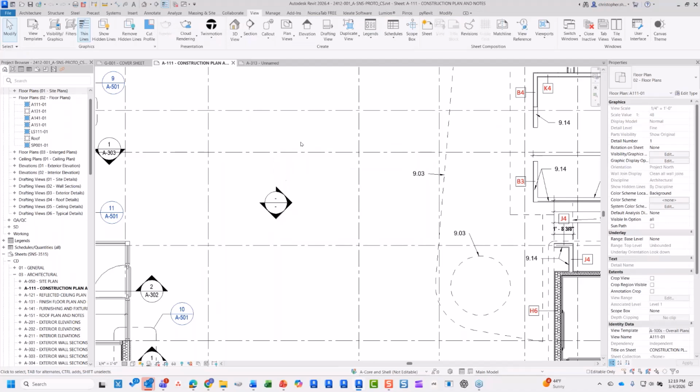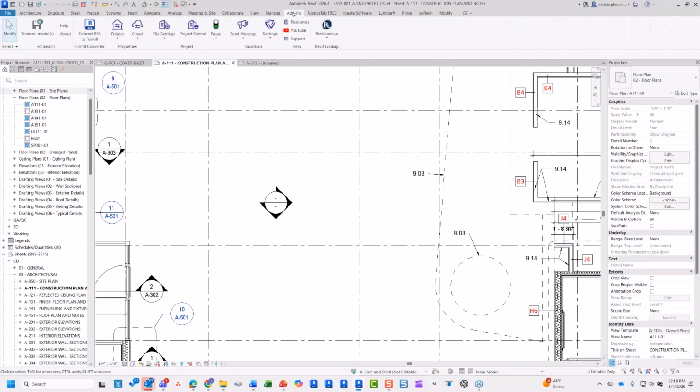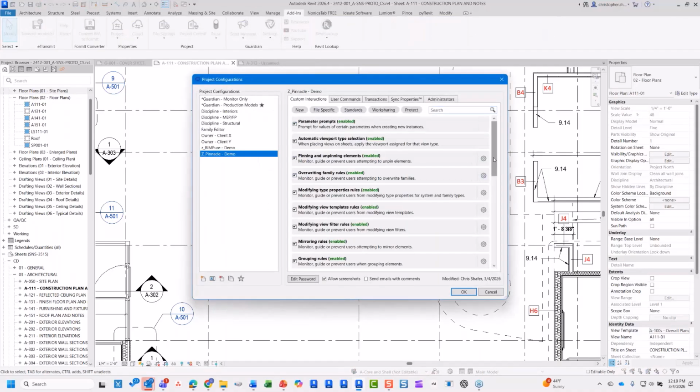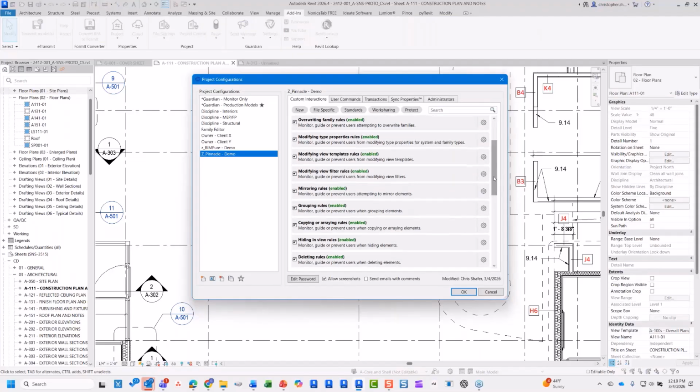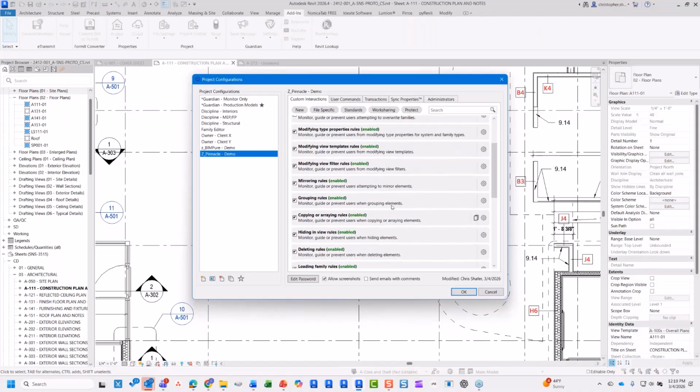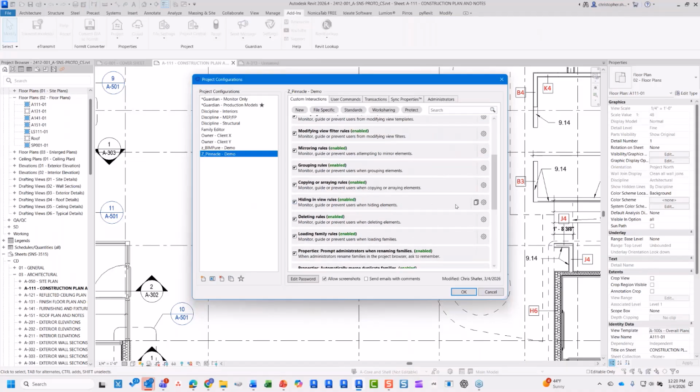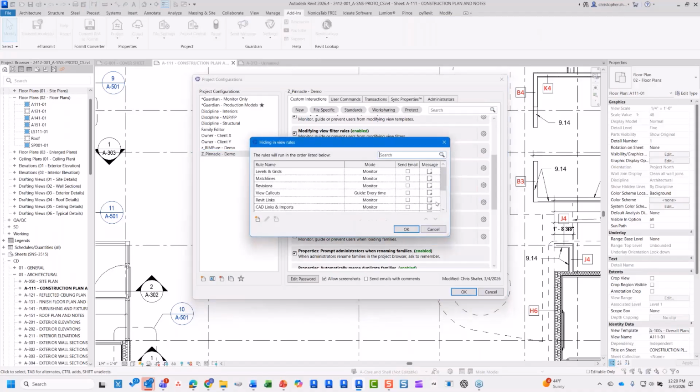All right, this is the sometimes-live demo. Let's go ahead and double check things here. What we're getting into is the settings within Guardian. As you can see here, we have all these rules. And if we come down to hiding in view rules, we can see we have a rule